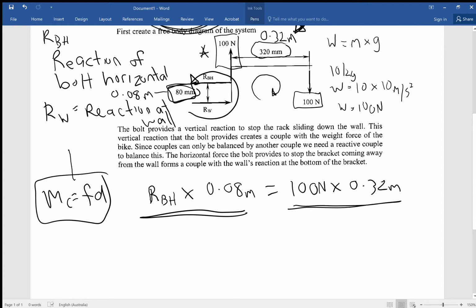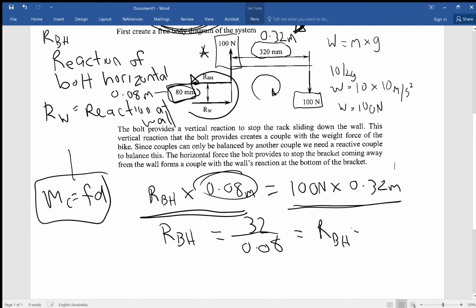And when we make RBH the subject of this equation, because the equation has to balance, if we divide by 0.08 on this side, we have to divide by 0.08 on this side. So we end up with 32, because 100 times 0.32 is 32, divided by the 0.08, which we got rid of here, and we end up with a force RBH is equal to